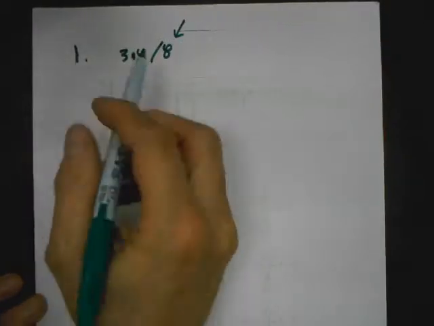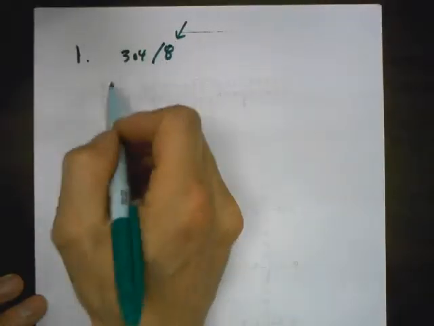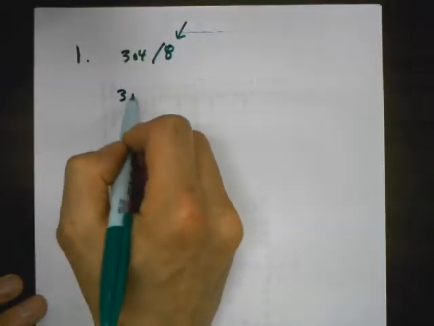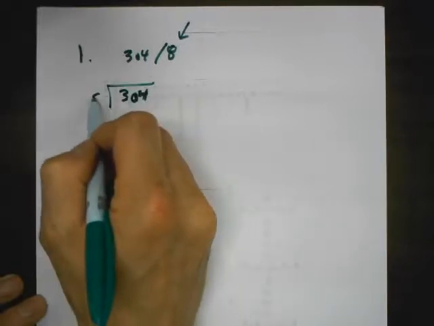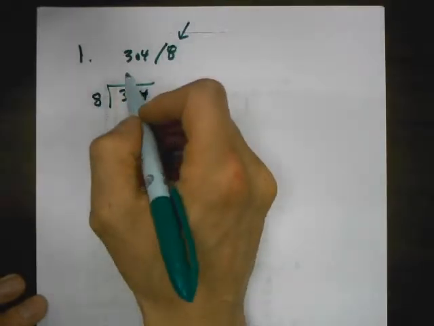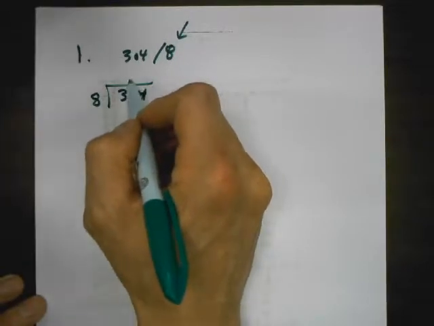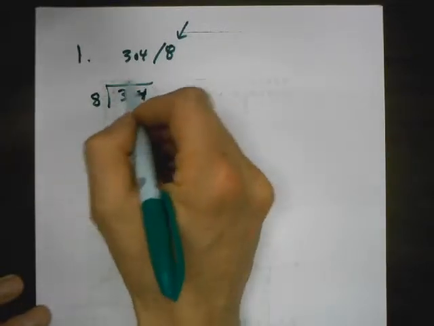Remember, time, always put time second unless they tell you otherwise in the directions. So time is always on the bottom or second. So I divide in and out. I go 304 divided by 8. 8 goes into 30. Let's see here. 8 goes into